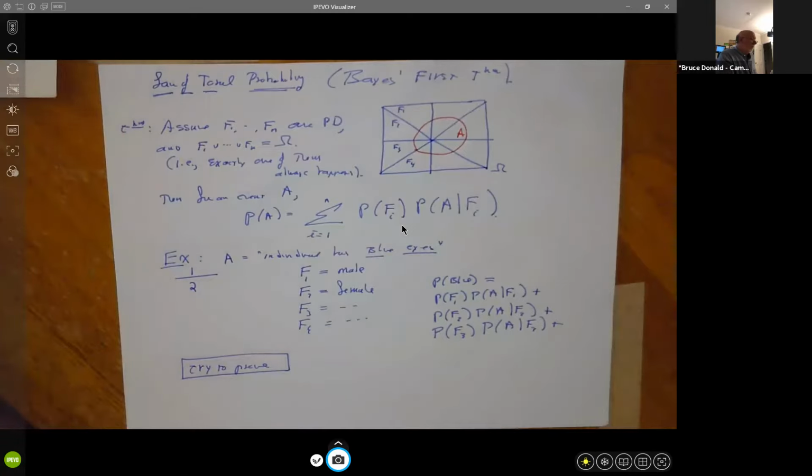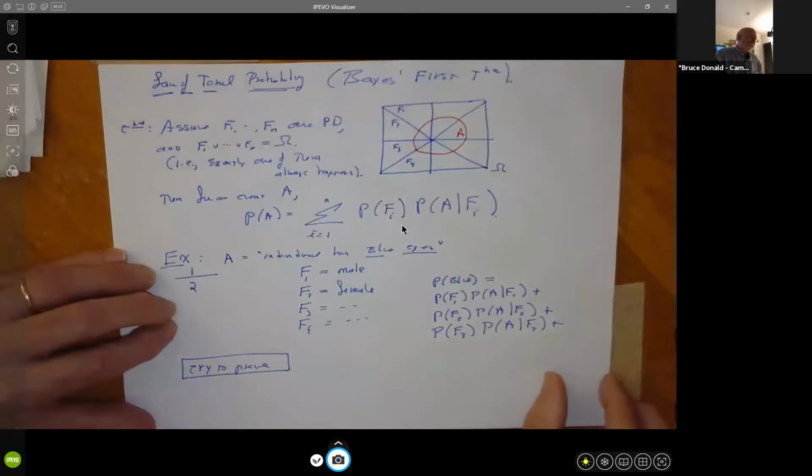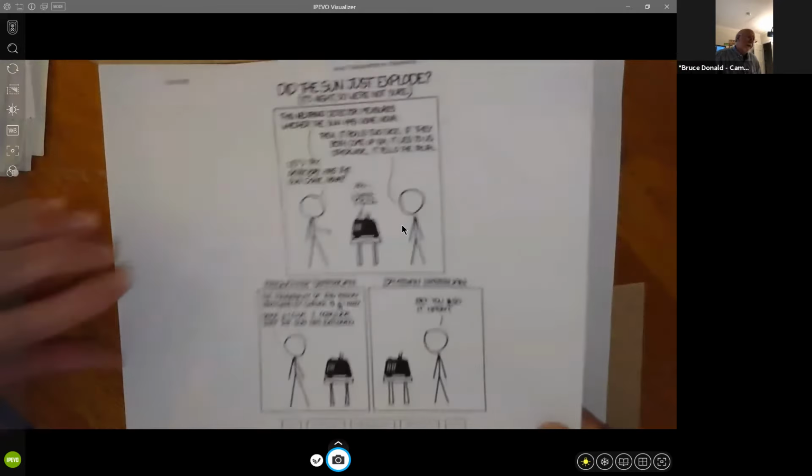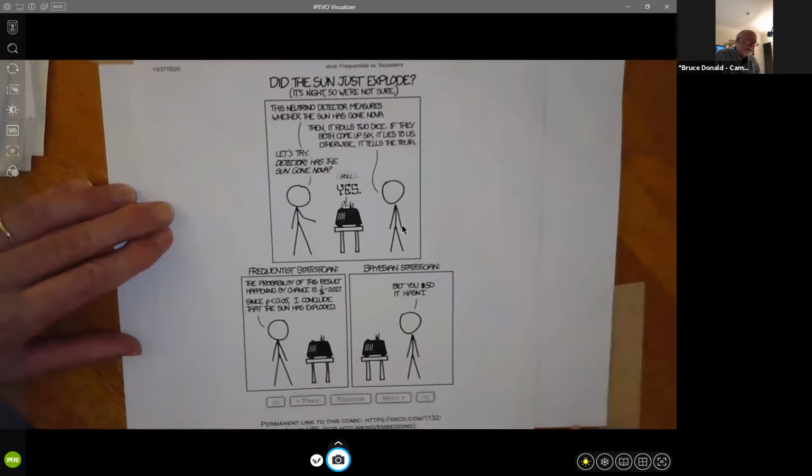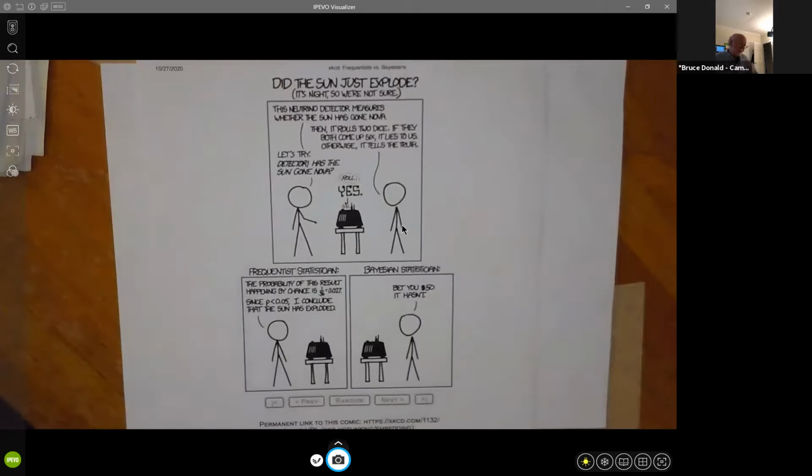All right, so that's the law of total probability. Let me hint at some things that I want to edge into in the future. We'll mostly get into this next Monday, but I think it's worth talking about a little today, and I'll review again. So here is a nice cartoon from XKCD. I'll let you look at that for a minute. This generally graces the office doors of a majority of statisticians and probabilists.